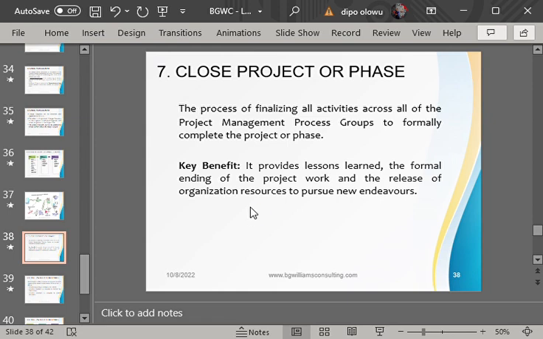So closing a project involves getting a final formal acceptance of the project or phase as a whole from the customer. That is what closing a project is. So closing a project is when the customer finally sends you a formal acceptance.